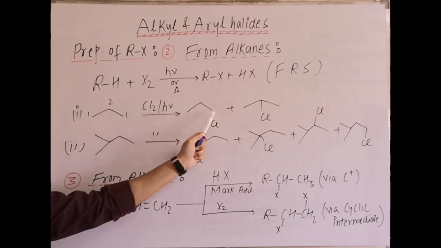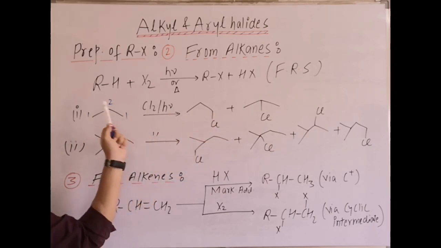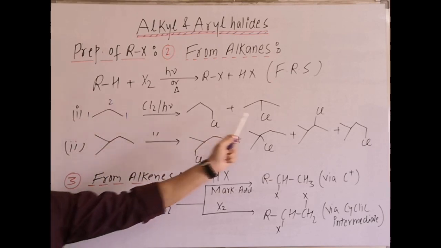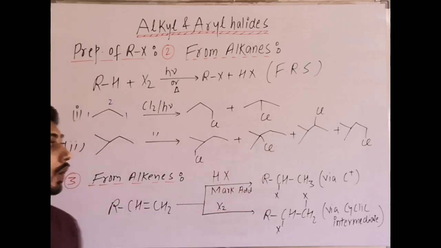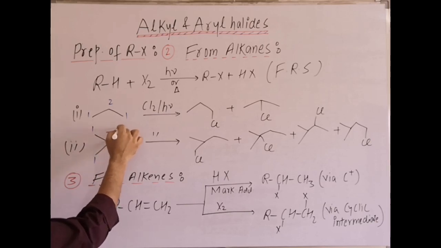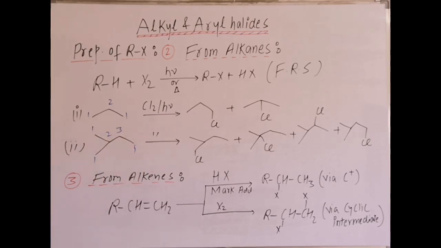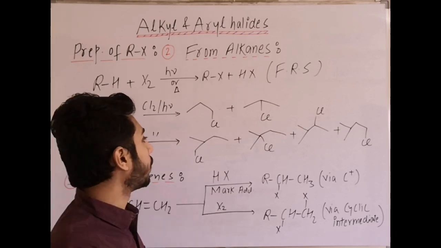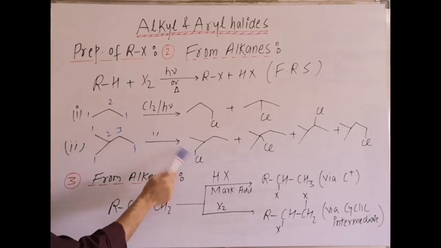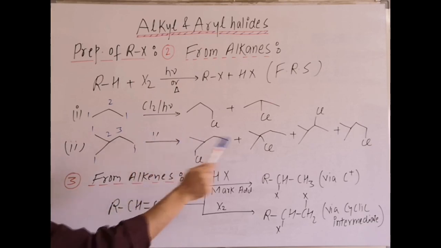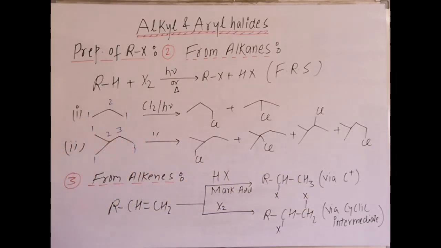These two are identical. One H substituted by Cl, plus one H from the second carbon substituted by Cl. Two structural monochloro products are formed. In the next example, how many types of hydrogen do we have? 1, 2, 3, 4. That means how many structural monochloro derivatives? There will be 4 structural monochloro derivatives, one by one from this position, either of the two, they are identical, plus from second, then third, and fourth. Now these are the 4 monochloro structural derivatives, and we can find the total also.